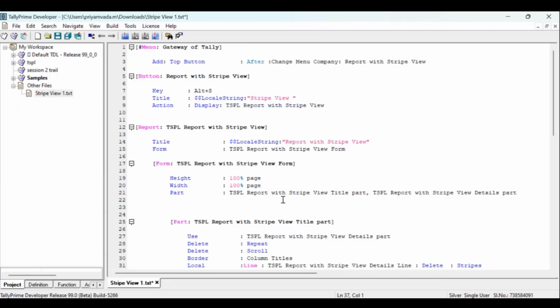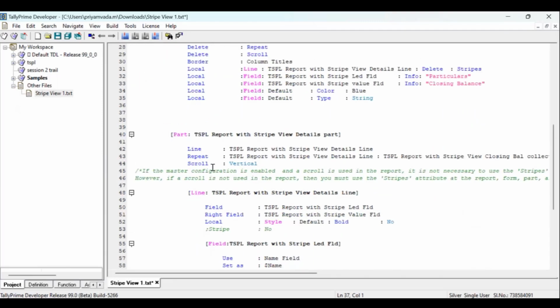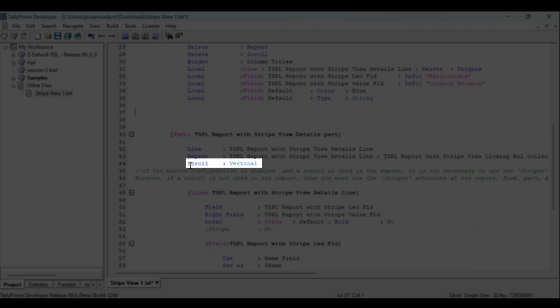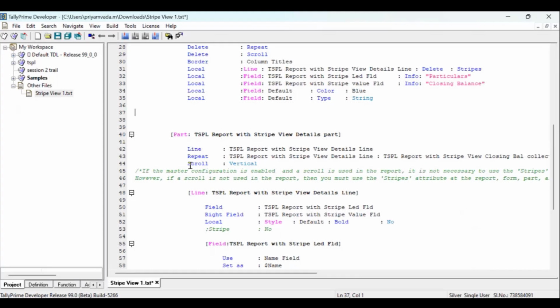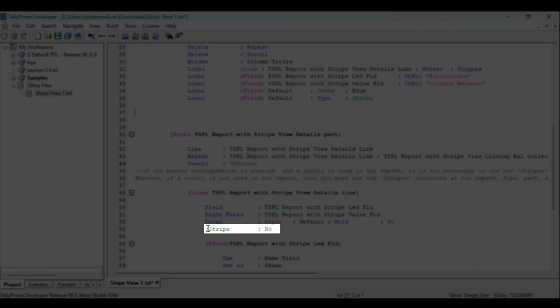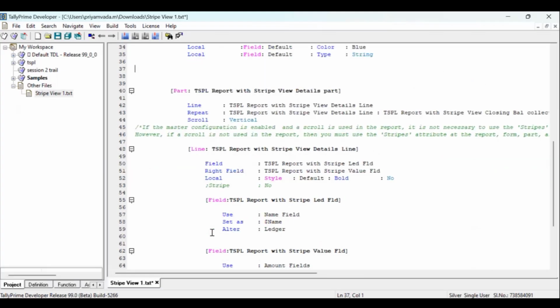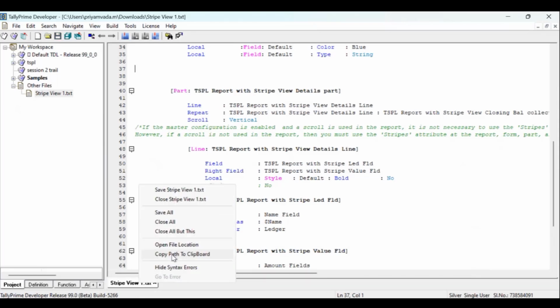Now, if we go into Stripe View aspect, as mentioned earlier, if scroll attribute is part of your code, then stripes attribute need not be given in the code. We have given scroll attribute in the code, hence we need not give stripe as an attribute. Now, let's save this file, load the file in TaliPrime, and see how that translates.